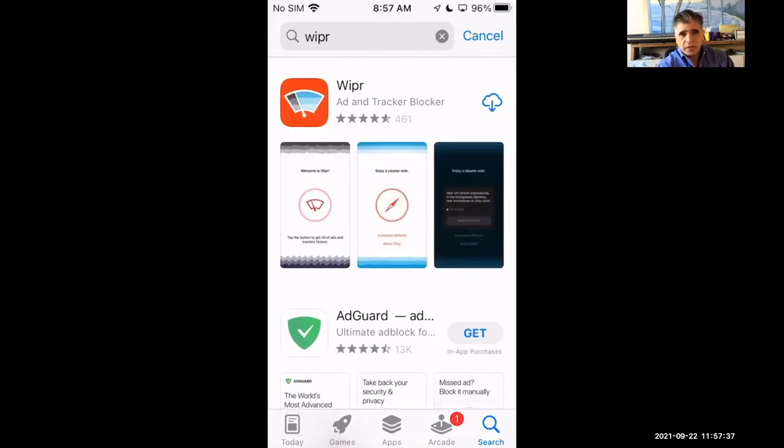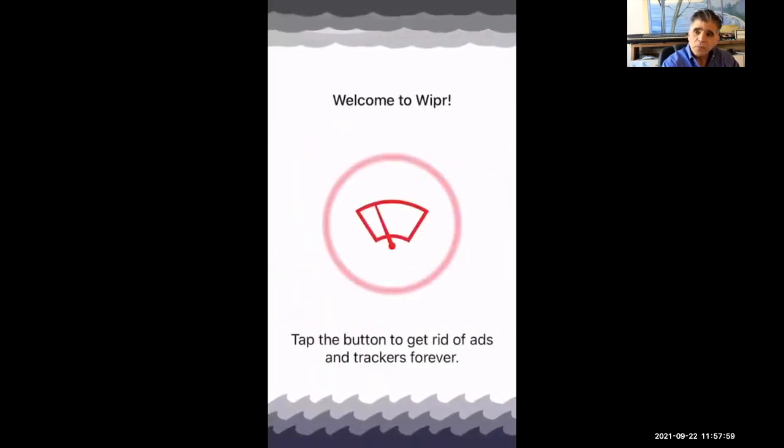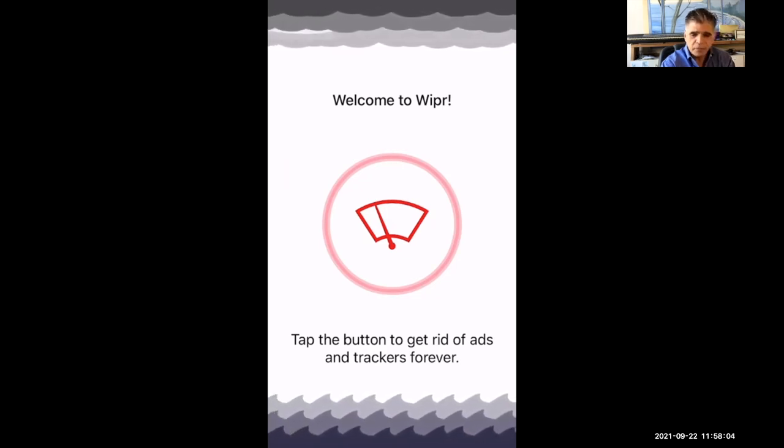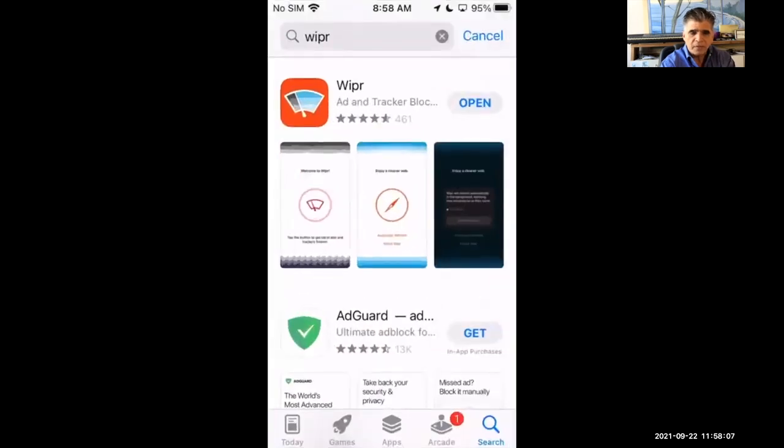Now, the reason we see a little cloud icon like this is because I've bought it before, and so they're just waiting for me to download it onto this device. You will have to pay a little something for it. It's not much, but you want it. So I'm going to tap that. We're going to get it, and things work a little bit differently here than they would on the Mac. You probably saw I had to tap right here, where it says open, because I want to open Wipr and see what I need to do to make it work. So I tap open,